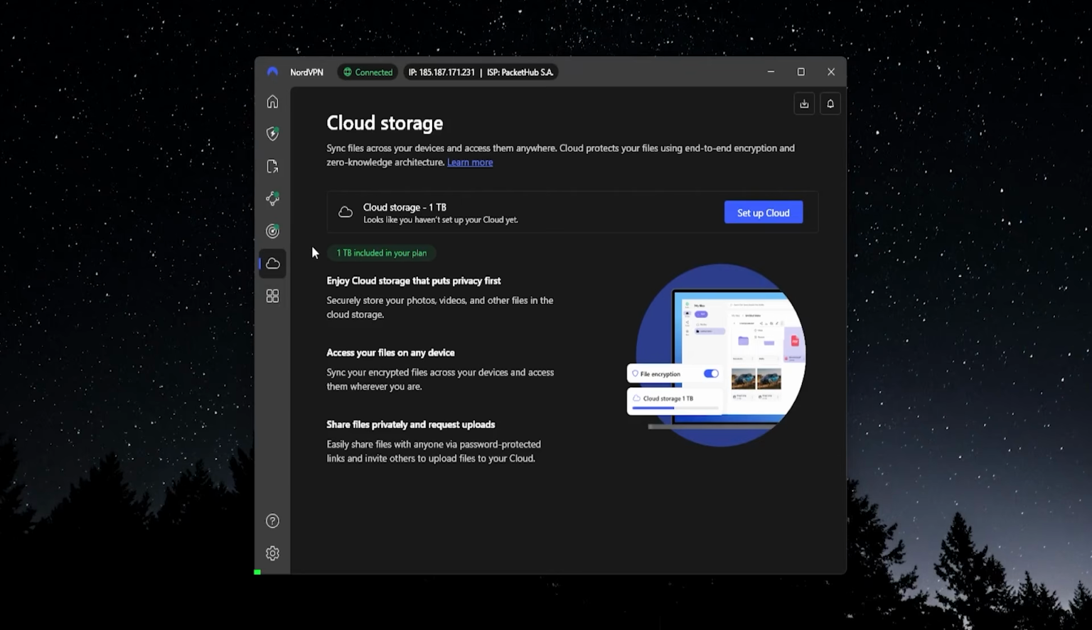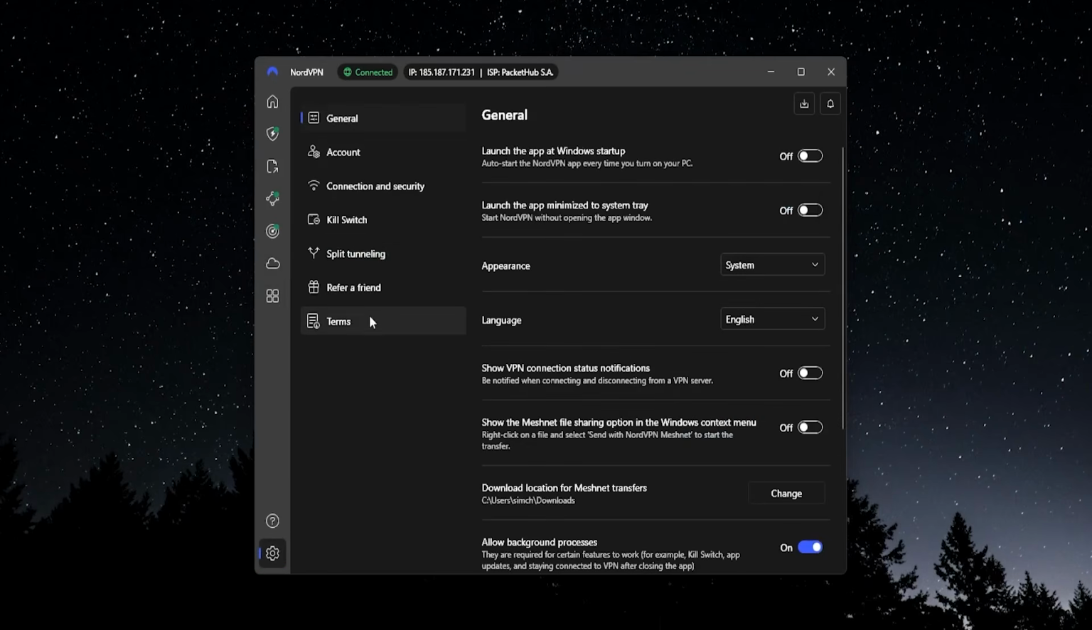Okay, now moving on to the settings. On the bottom left, you're going to see that gear icon. That's the settings. You want to click on that. And there are a few important things to know. In the general tab, you have your startup settings and different things like appearance and language. So you can set these depending on your personal preference, but I want to show you in connection and security